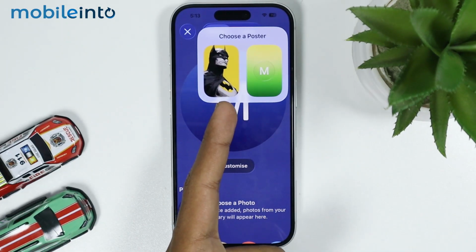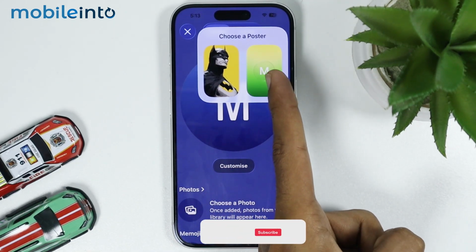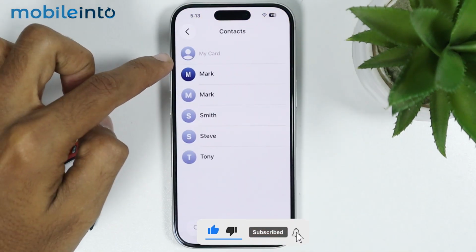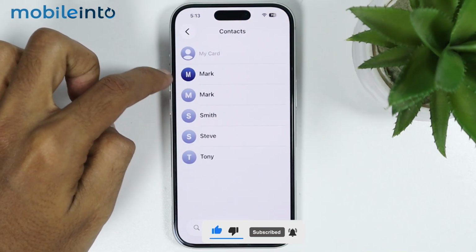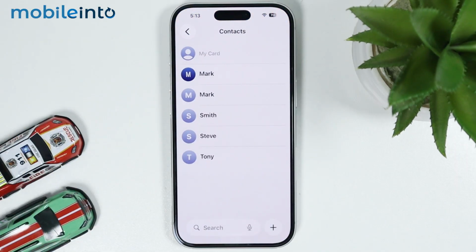Now, if you want to select the old contact poster, just select the old one, or you can select the new one. Then tap on Done. And once you do that, you will remove the contact photo on your iPhone. Just like that. And this is how you can remove the contact